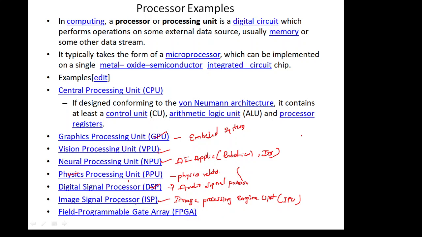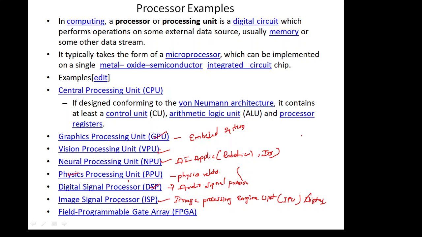So in digital cameras or other devices, we do image processing. That is the main advantage. In digital cameras, we make use of these image processing capabilities. And next one is